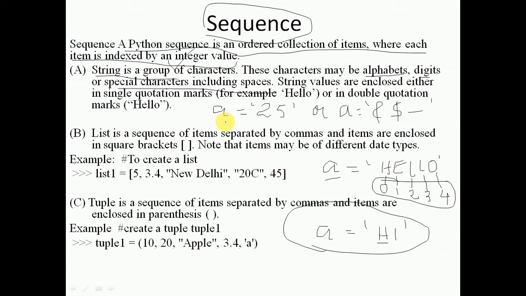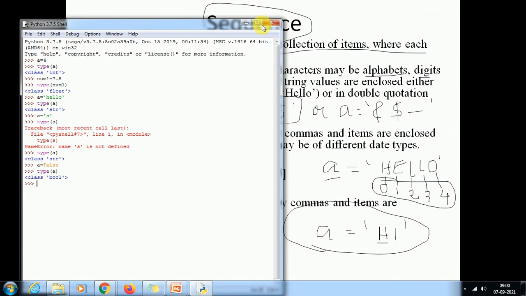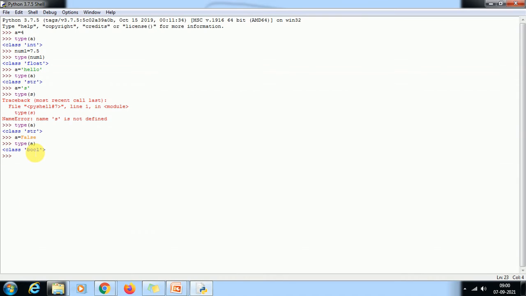So what will be the difference between the integer value we are using and the characters in a string? See, let me show you a difference. If you write A is equal to 5 and B is equal to 6, then when you print A plus B, see, the result comes to be 11.